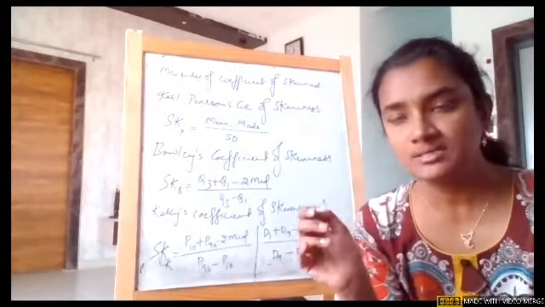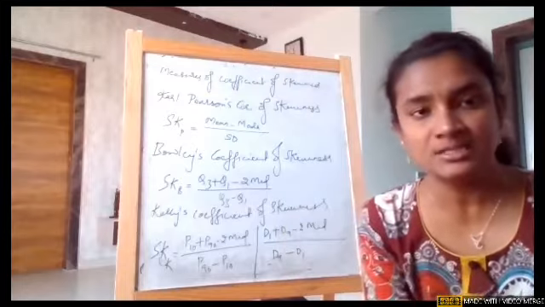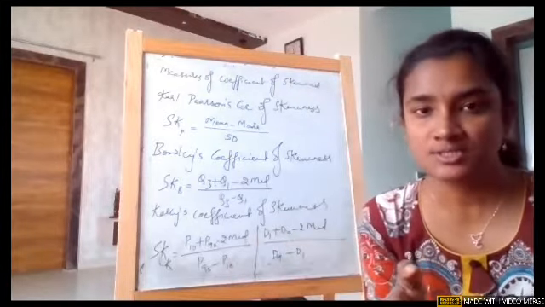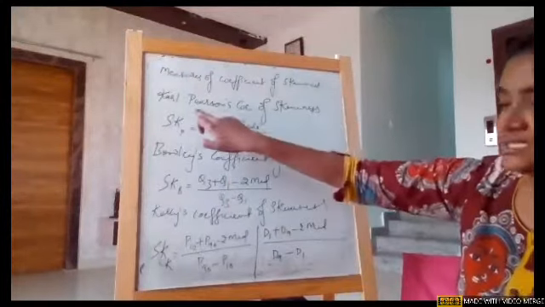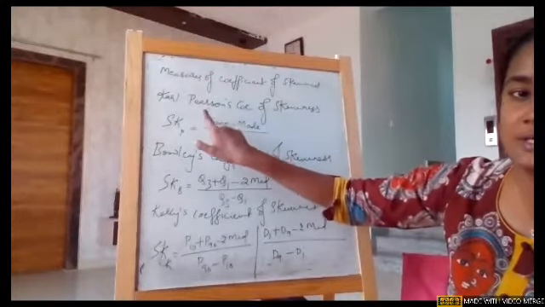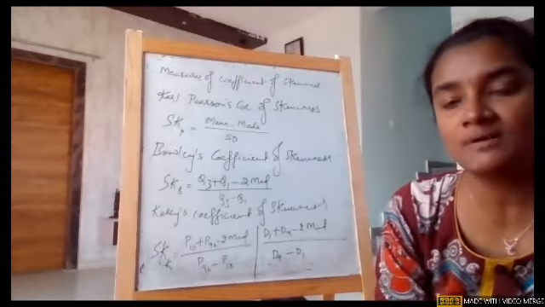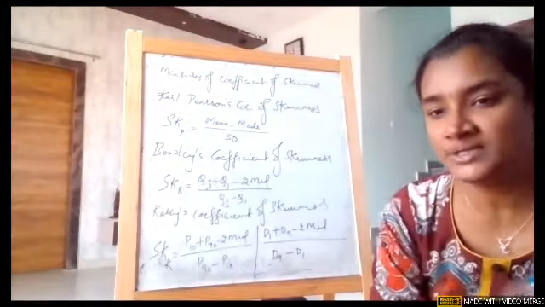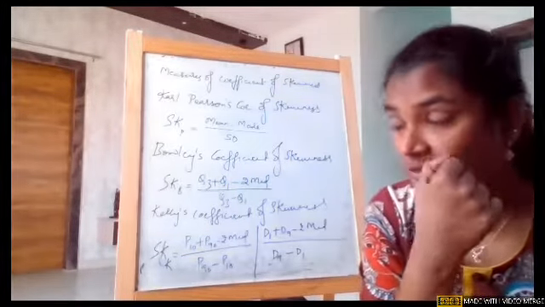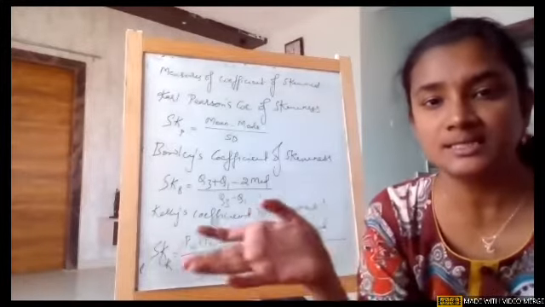Everything is covered in these three formulae. So that is the only reason we can expect a direct question relating to standard deviation or measures of skewness. So if you see, we have three measures of skewness. That is what I mentioned here. The first one is Karl Pearson's coefficient of skewness. I told you Karl Pearson's formula will be repeated thrice. One formula which was given by Karl Pearson, he's a statistician, is standard deviation, which we already studied earlier.